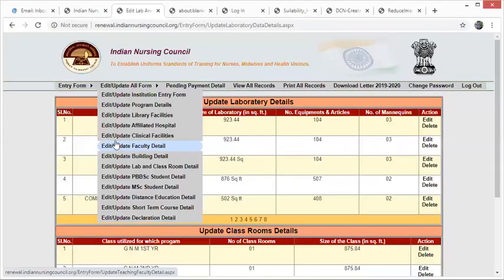And last, declaration detail. This is also a mandate. This was a mandatory format. You have to edit and update in this renewal form, because last year whatever you have done is for the previous application form, but edit declaration detail is mandatory. Here it will be for the 2021 whatever you are uploading or updating the form this year. So edit and update declaration detail is a mandatory form. Can we go to edit and update declaration detail? Click on edit and update declaration detail.